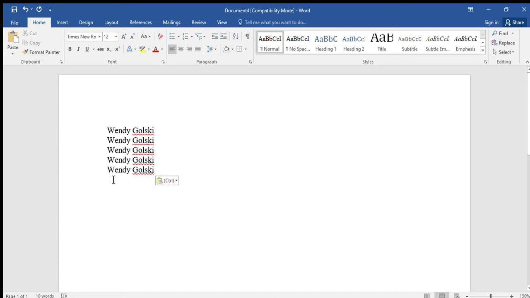Now, my cursor's down here. That means that the paragraph mark is here, but there's also one here, and I don't want 2 in a row. Let me prove it to you by turning on the All Characters key. There's 1, there's 2. So I'm going to press backspace to get rid of that paragraph mark,